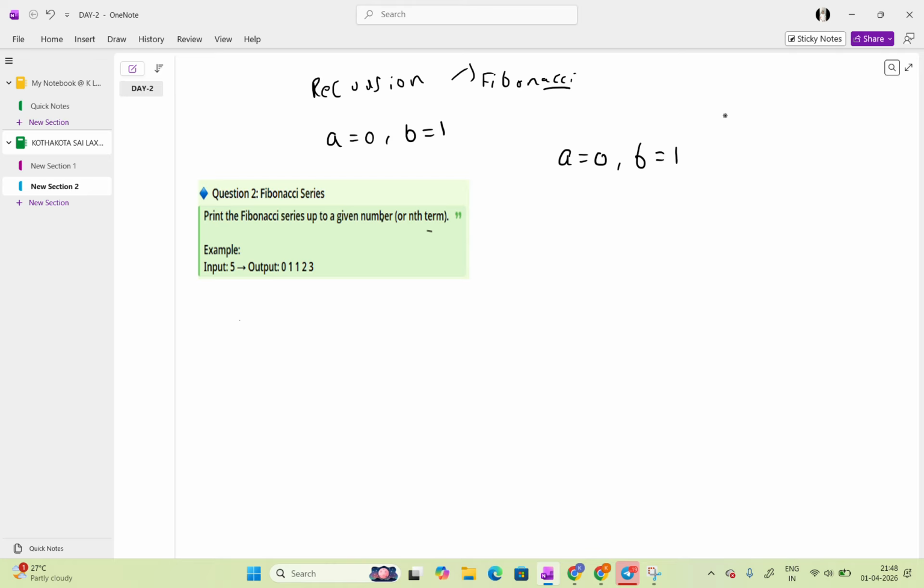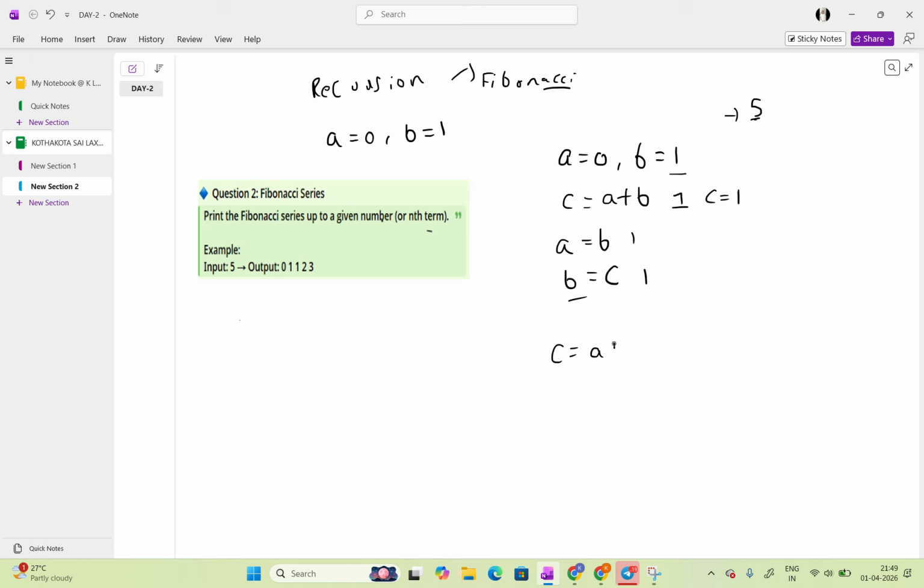Generally we have to go up to level 5, that is, 5 iterations. Initially a is 0, b is 1. So can we say c is equal to a plus b? Now b will be copied to a, and b will become c. A plus b is 1, so now c is 1, and b is 1. It will be copied to a, and b is 1. In the coming iteration, again: